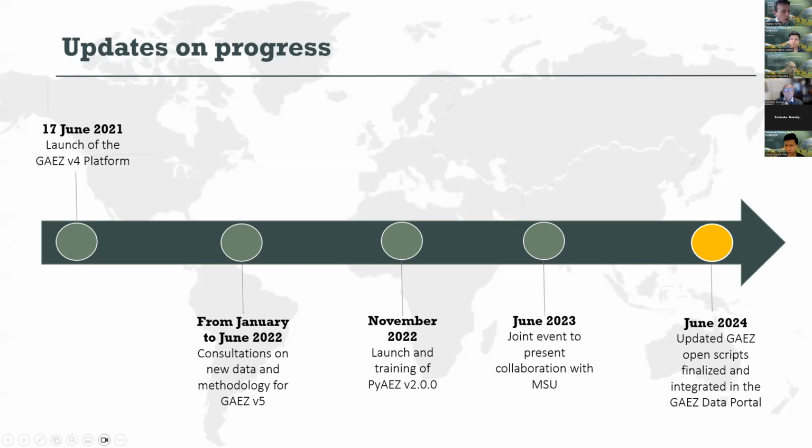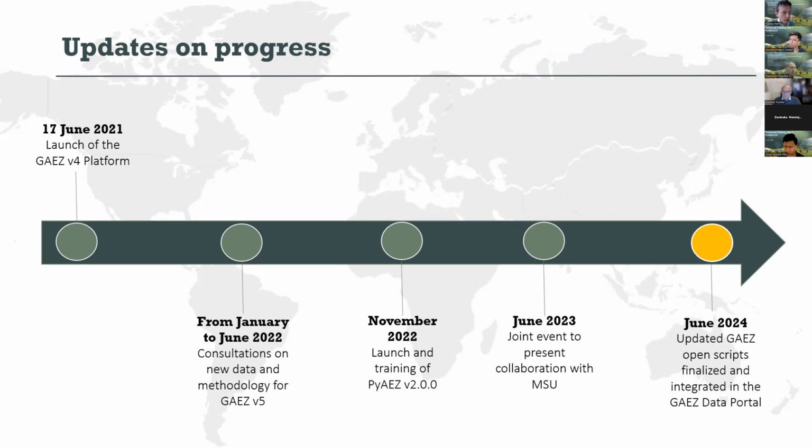So first, a quick update on where we are in terms of progress. When we talk about global agro-ecological zoning, this is about 30 years of collaboration between IIASA in Vienna and FAO in Rome, and this collaboration has further enhanced during the last year, in particular with the collaboration with AIT Bangkok, but also other organizations such as Mississippi State University recently, to see how we can maximize the possibility to adapt this methodological approach to different contexts.